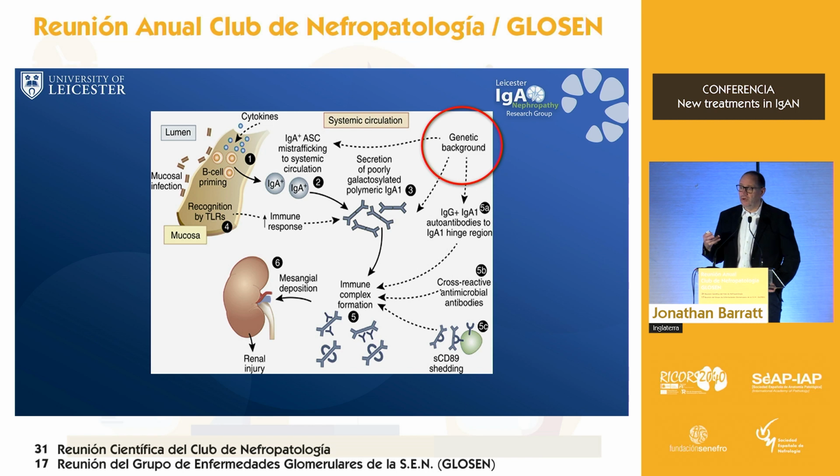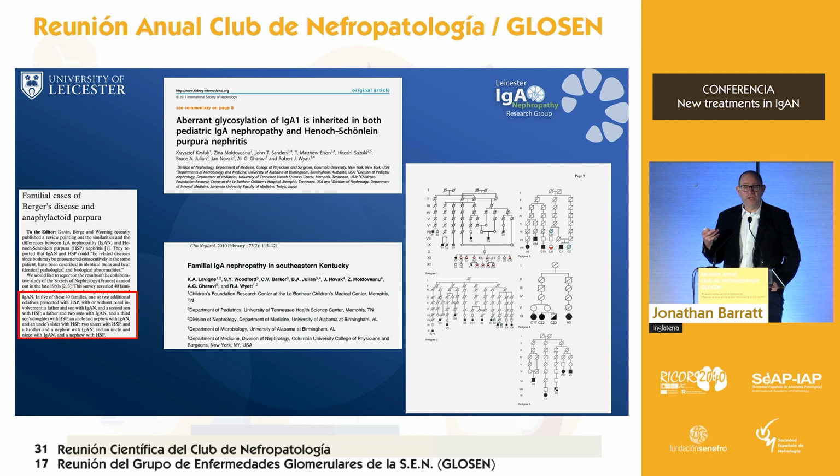Now, all of this develops on a genetic background. The most recent genome-wide association study in IgA nephropathy identified over 30 different genetic risk alleles. Far less work has been done in IgA vasculitis simply because the number of cases is much smaller. But we do have data suggesting that there is a genetic component. These are family studies of familial IgA nephropathy. We've got a French study here, and within that French study, there were families that had cases of IgA nephropathy and cases of IgA vasculitis in the same family.